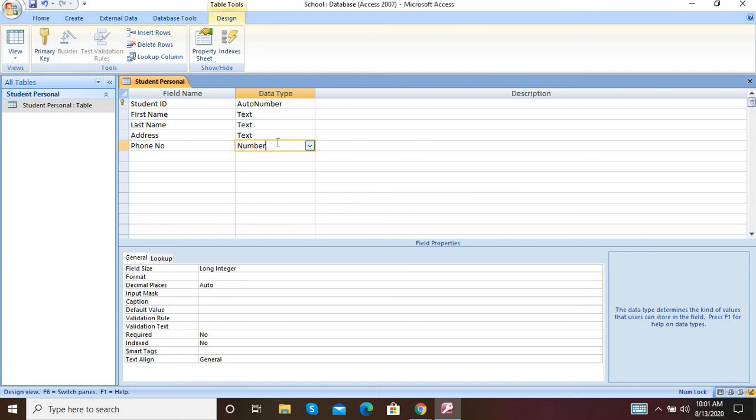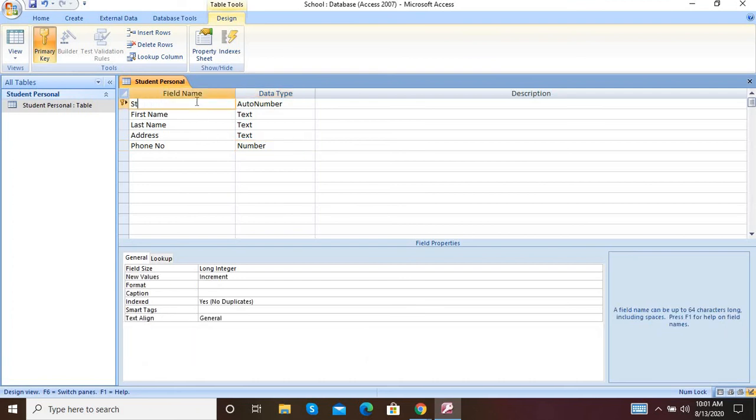Now the next thing, rename the student ID field as roll number. So this field we have to change to roll number. In the design view, we cannot right click and choose delete column or rename field or rename column. This process does not come in the design view. This is in the datasheet view. So table creation in design view is easier than in datasheet view.